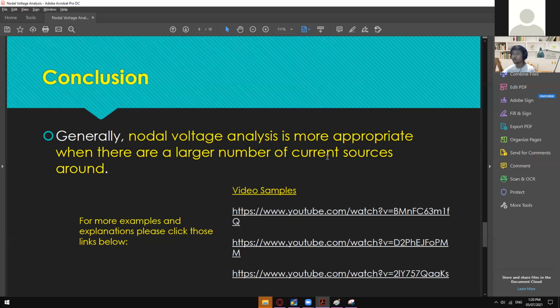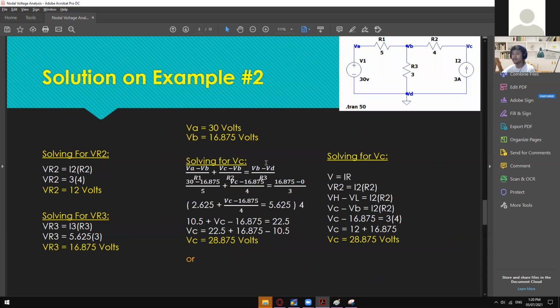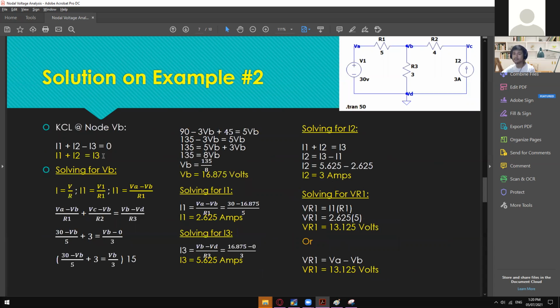If we have more voltage sources, then maybe superposition is a good thing. And if you have more current sources, then nodal voltage analysis is super excellent, since it's basing its expression or equation using the KCL law, or the Kirchhoff's